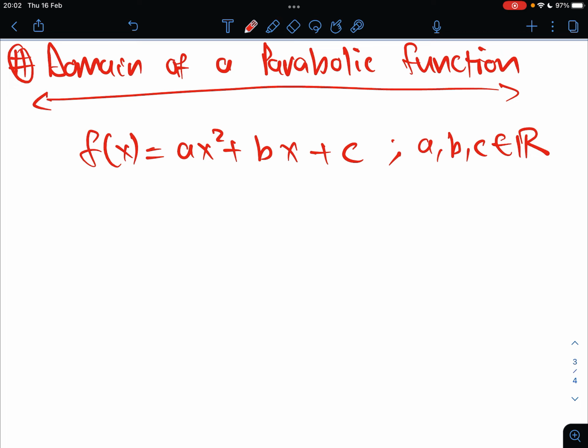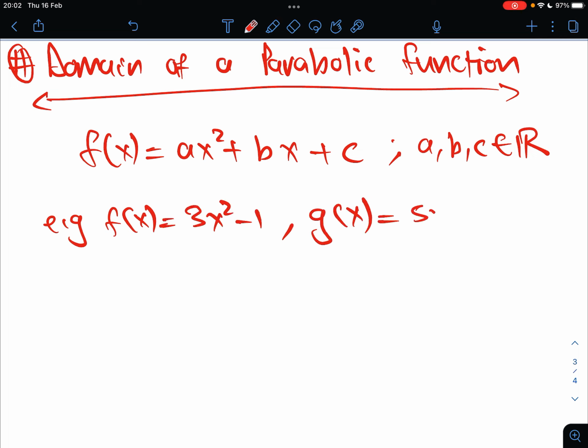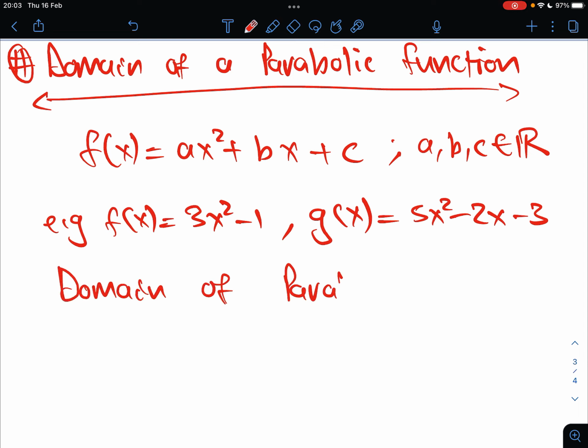You see that? So examples of such functions, they'll be like f of x is equal to 3x squared minus 1, or g of x is equal to 5x squared plus 2x minus 3. All these are different examples of what we call a parabolic function. So the question now is, what is the domain of this object? The domain of a parabolic function is also in general x, all real numbers. You see that? So the domain of a parabolic function